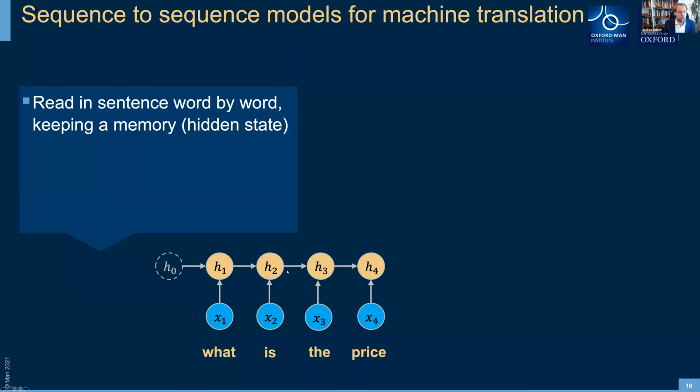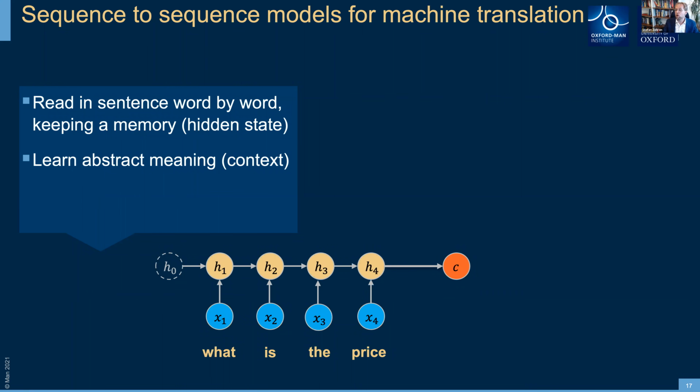And what you have is a memory. This H is the memory, a hidden state, and it feeds from the first word into the second word: you pass on the memory of the first word, and that feeds into the second word, and so on. So you're building up this memory of the sentence as you progress. And once the model has seen the whole sentence, you have the context vector. This is the abstract meaning of the sentence.